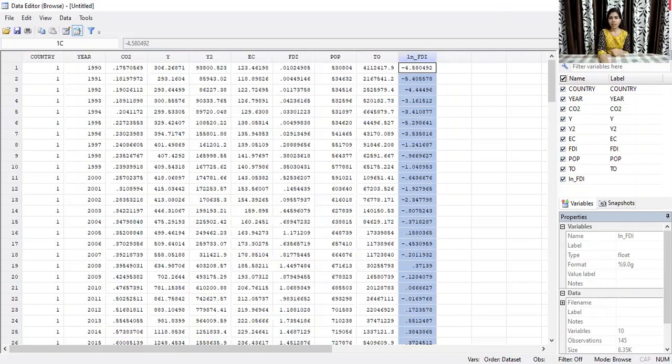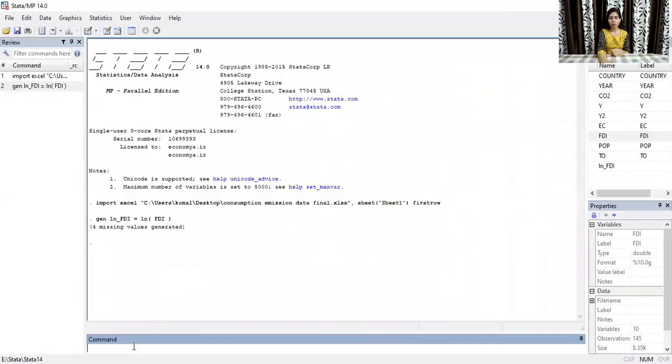So for example, if you want to convert your next variable, suppose population, the command for converting the variable population into log format is GEN ln underscore POP, then ln of POP.